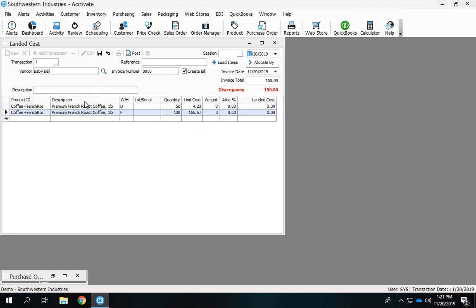So in this case, they're both French roast coffee, but different quantities and different unit costs for sure. So now I can hit allocate by the value, and we'll get the 98% on the F warehouse. And you'll notice that these are 2 different warehouses, so we can definitely post 2 different warehouses on this. And when I hit post for these transactions,